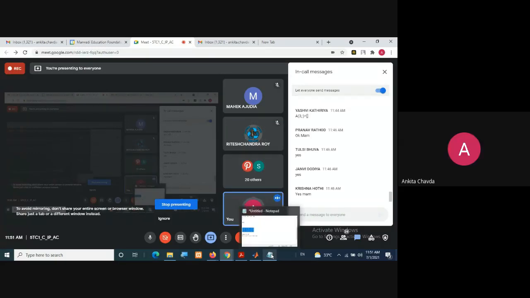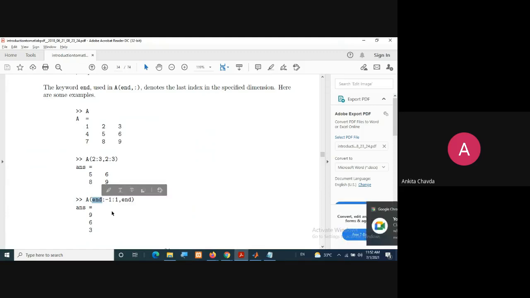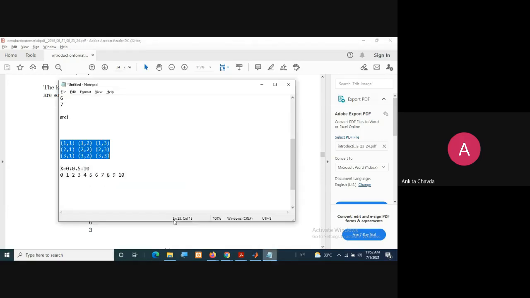Okay, means we are traversing in a reverse manner, right? It is something like this. Here I have my A, right? What I'm doing is starting with the last row because I have written end. So here end means the last row. Now I'm going from the last row to the first row. You write x equals 0 to this and this, so your starting point is this, your ending point is this, and you want an increment of this. It is very similar to that.